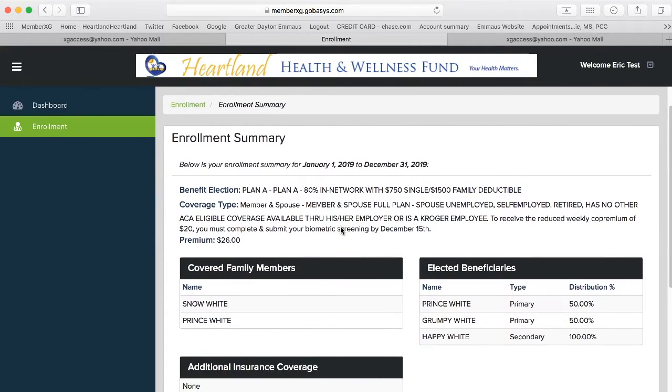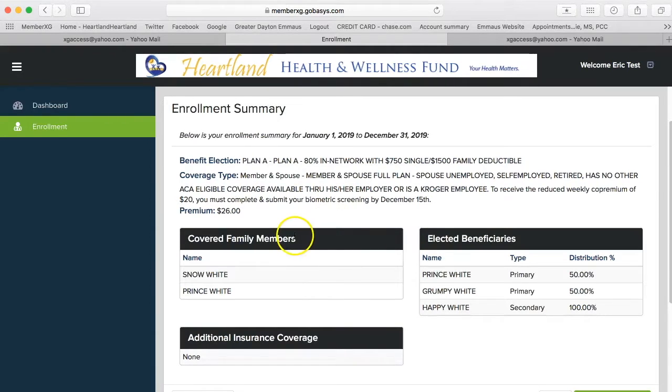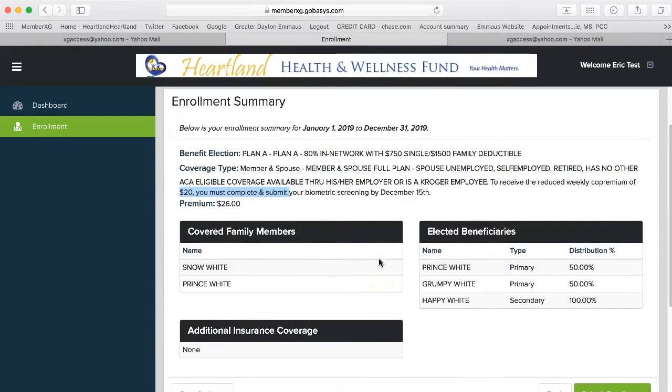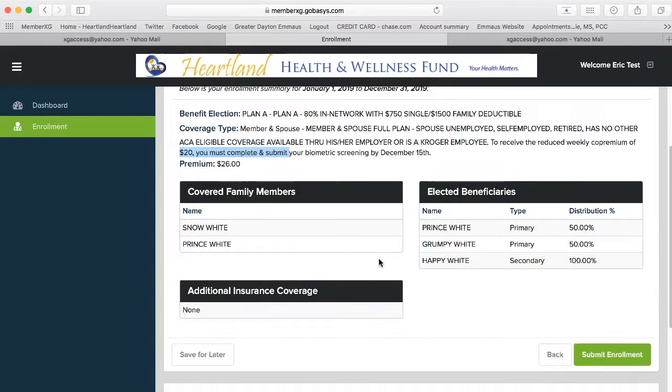So the last page is going to be your enrollment summary. Going through here, it'll tell you the benefit election that you selected, the coverage type that you selected, and the premium, also the premium if they complete the biometric screening by December 15th. It will show the covered family members based on what was added in. It will show the life insurance elected beneficiaries, and then it will show if you added any additional insurance coverage information. If all this looks correct and the member is okay with this information, you can go ahead and click